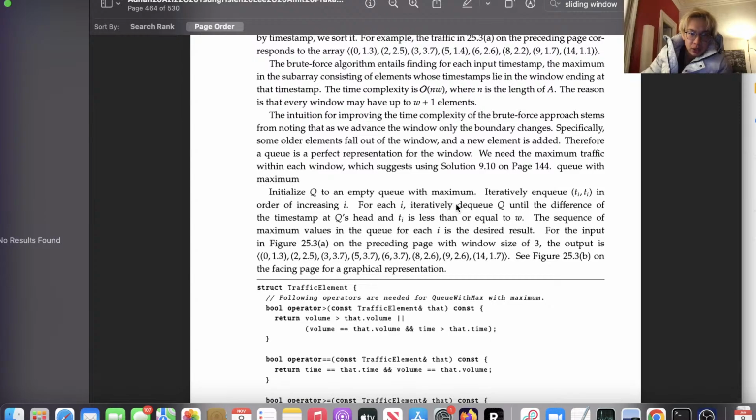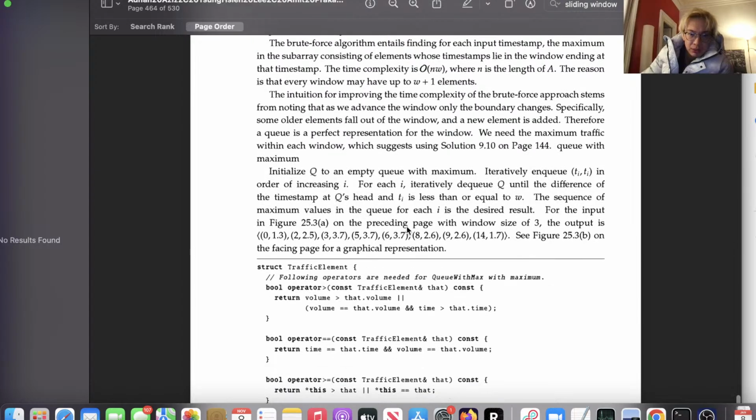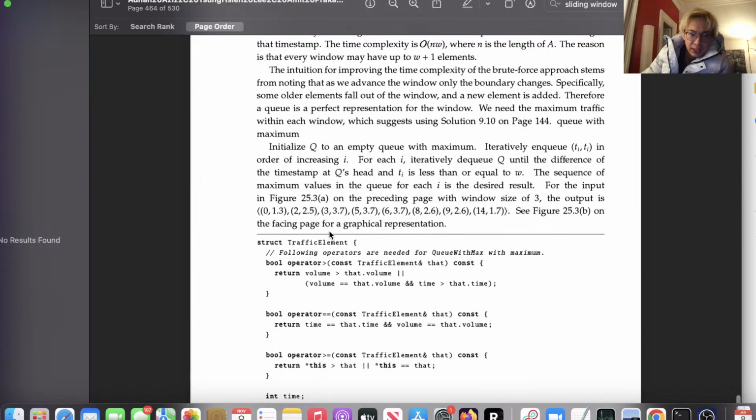So you start with a queue, initialized, and for each element, enqueue it, increasing time for each i, iteratively dequeue until the difference of the timestamp at the queue's head and t is less than or equal to w. Oh, okay, the difference between the queue's head timestamp and t is less than or equal to w. Oh, it's just a sliding window.